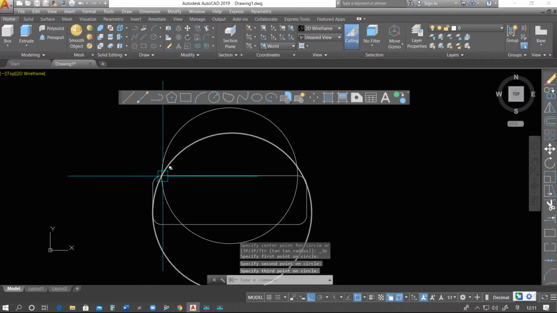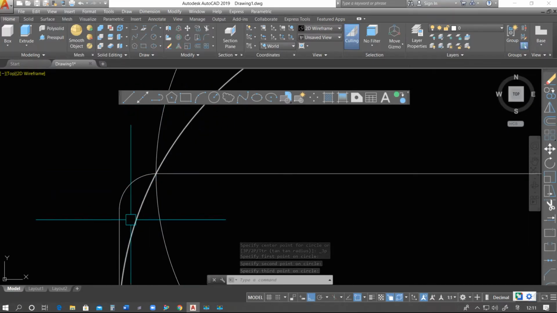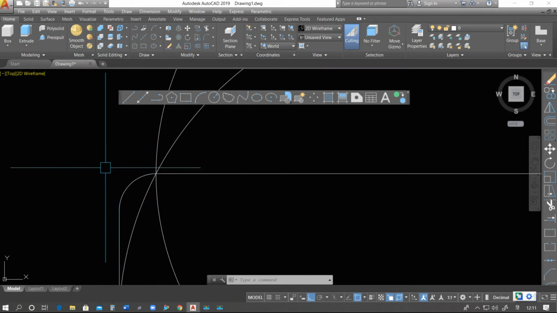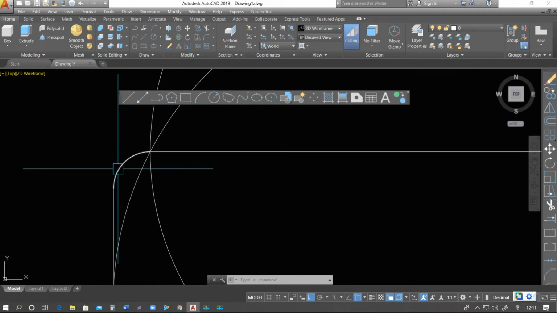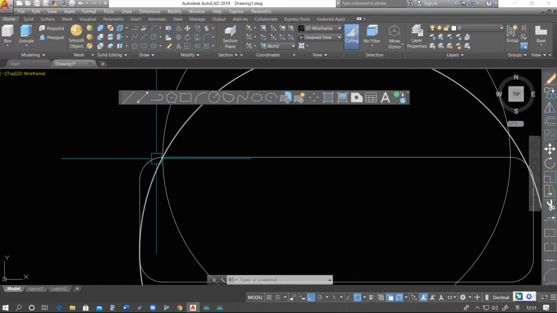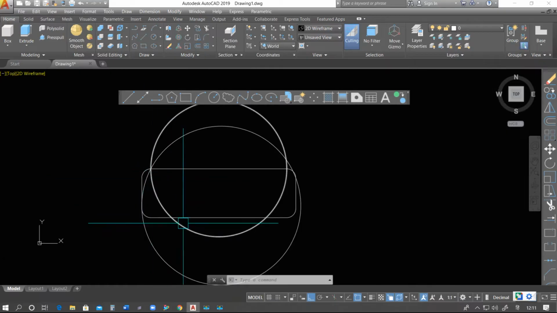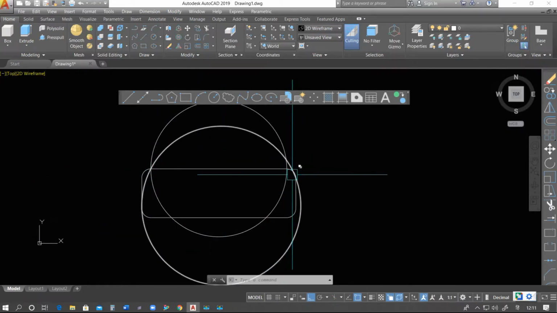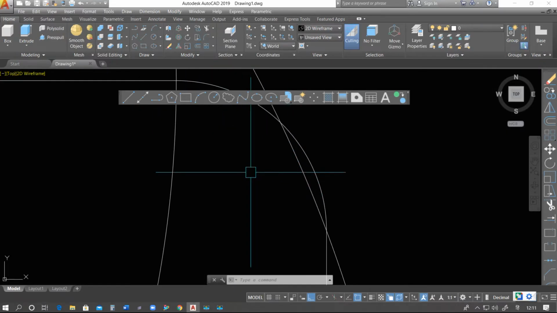Okay. We see that some part of this is still outside of this circumference, because we had used a rectangle on which we had defined fillet radius. So that's why some parts of this rectangle are outside of this circle.